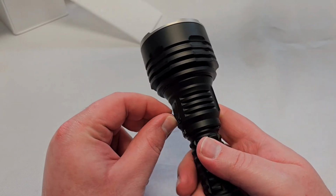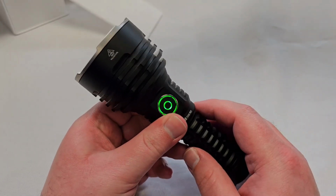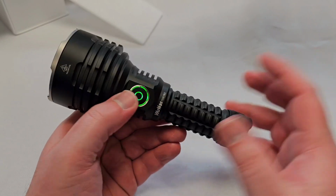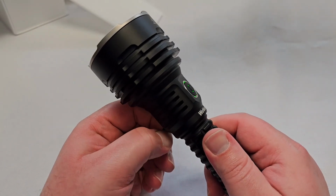But yeah, I just wanted to share that, because when I stopped recording, I saw it was on. That's why I'm not a huge fan of Android, but yeah, it is what it is. Doesn't mean they're bad lights, but